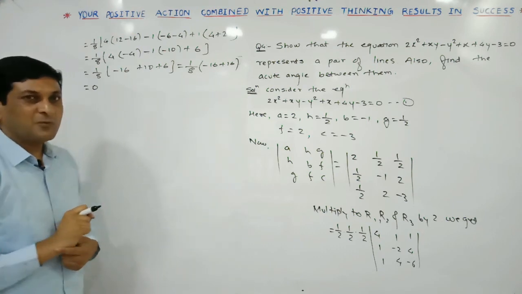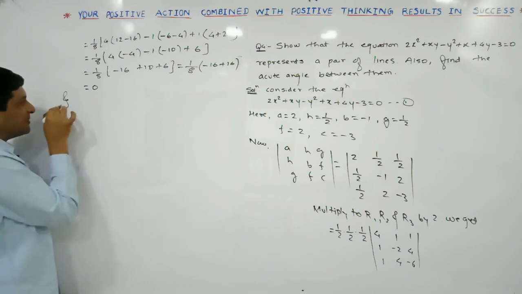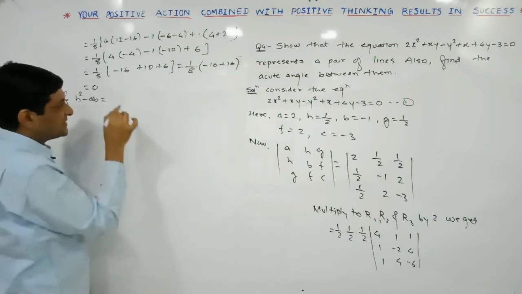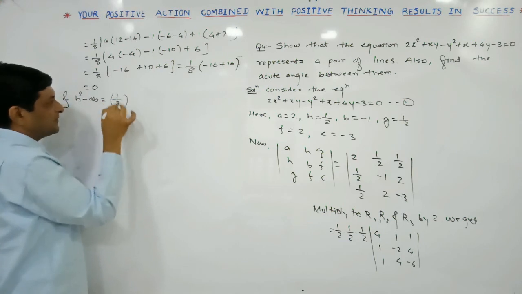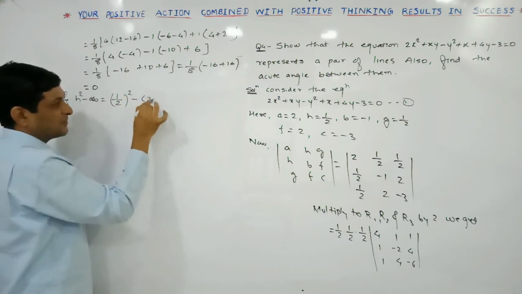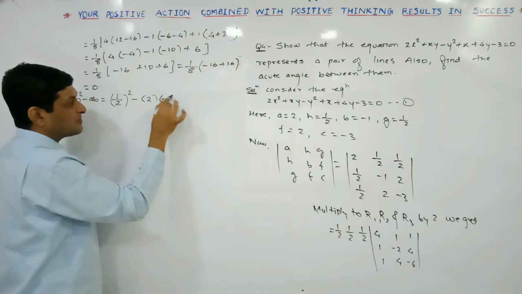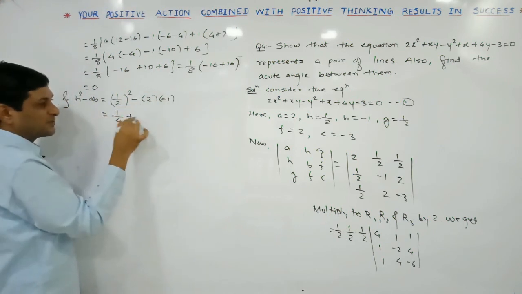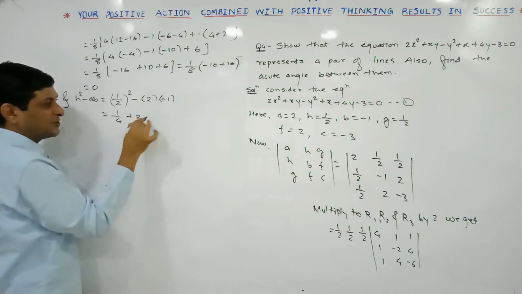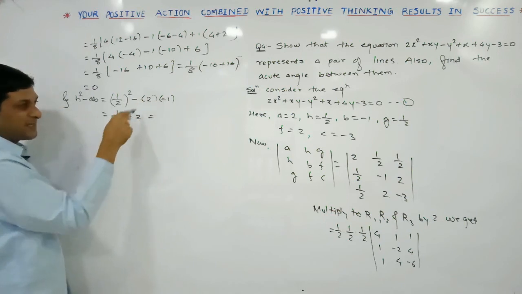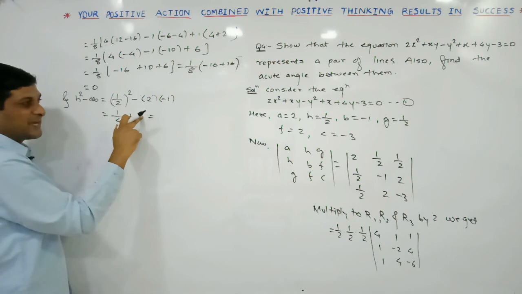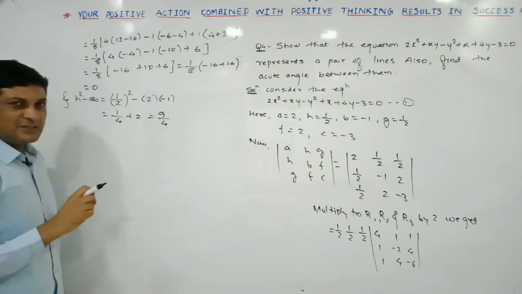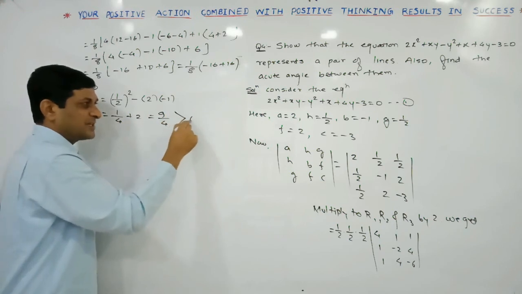0. Now check what is the value of h square minus ab. h square minus ab will be equal to, replace h by its value 1 by 2, keep the square as it is, minus a is nothing but 2 and b is equal to what? Minus 1. So which is equal to 1 by 4, and minus into minus will become plus, and 2 ones are 2. So which is equal to, if you are taking cross multiplication, 4 2s are 8, 8 plus 1 is 9, 9 by 4. We can observe that this value is what? Positive, means greater than 0.